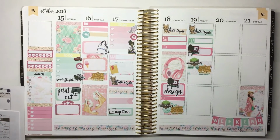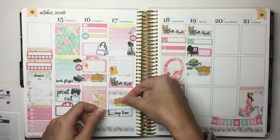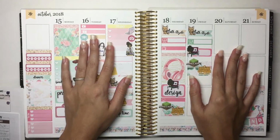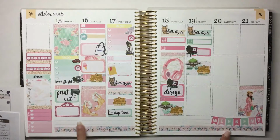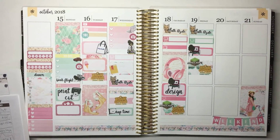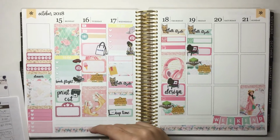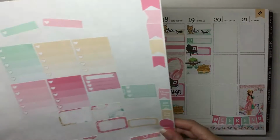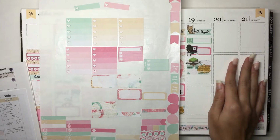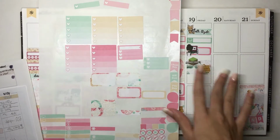Alrighty, let me grab an Animal Crossing. There we go. Fill in that space. Yeah, all my deck was gonna go there and here. Alrighty, so back to Friday. I did that, and then there was one more kind of big thing. Okay, so what did I need to do with these full boxes? Okay, so these two are going to be for Saturday,